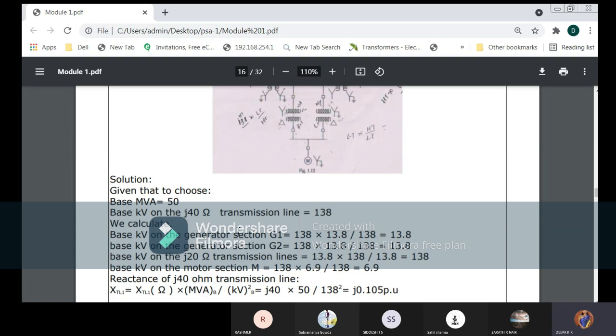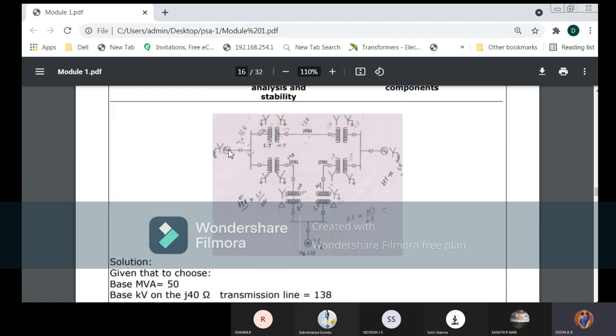So now it is necessary to determine values for each and every section. Okay, guys, first one, please, at the same time try to write down the base kV on the generator section. So this is the generator section, right? We have to write down the formula. Which side is that? This is on the LT side, but we have to write HT into the opposite ratio.